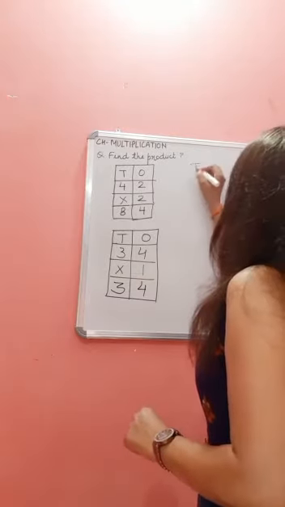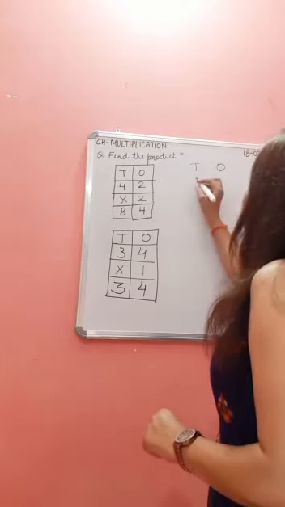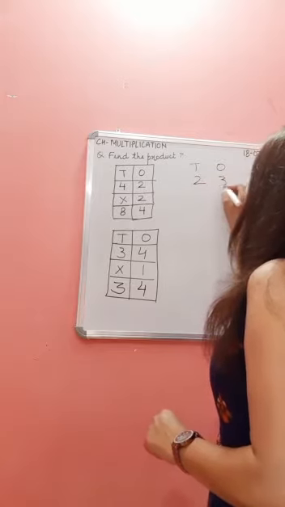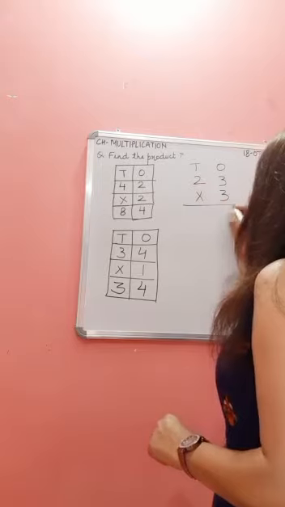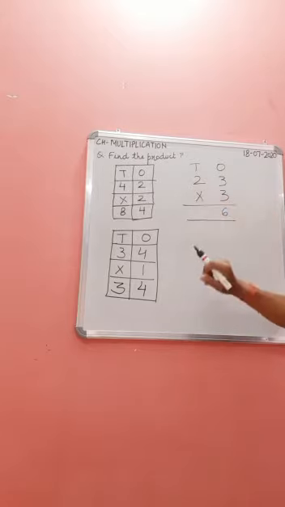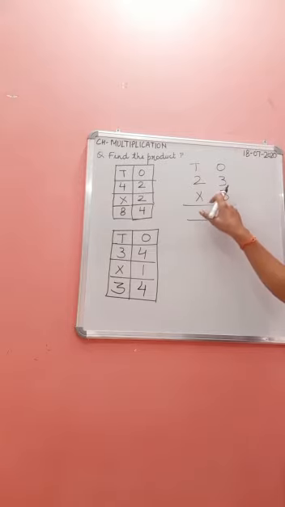Now see some more tens and ones. We have 2 and 3. So 3 3s are... on the ones position we have 3, so we have to say a table of this number up to this number. 3 1s are 3, 3 2s are 6, so write 6 here. Now we go to the tens position. After ones, up to the tens position number we say the table. 3 1s are 3, 3 2s are 6, so 66 is the answer.